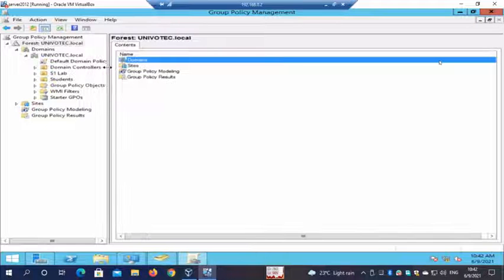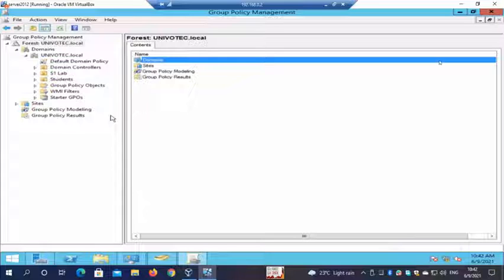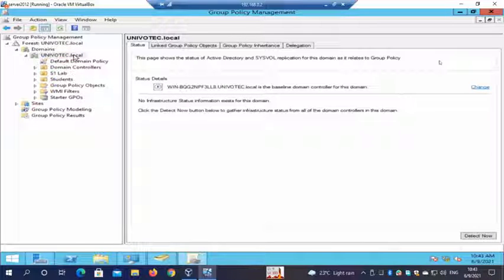That's because when I created this domain controller, I created the new forest and the domain at the same time, right? So this is actually the root domain. We call it the root forest domain because this is the very first domain we created in this forest, right? So this is the main domain of this forest.